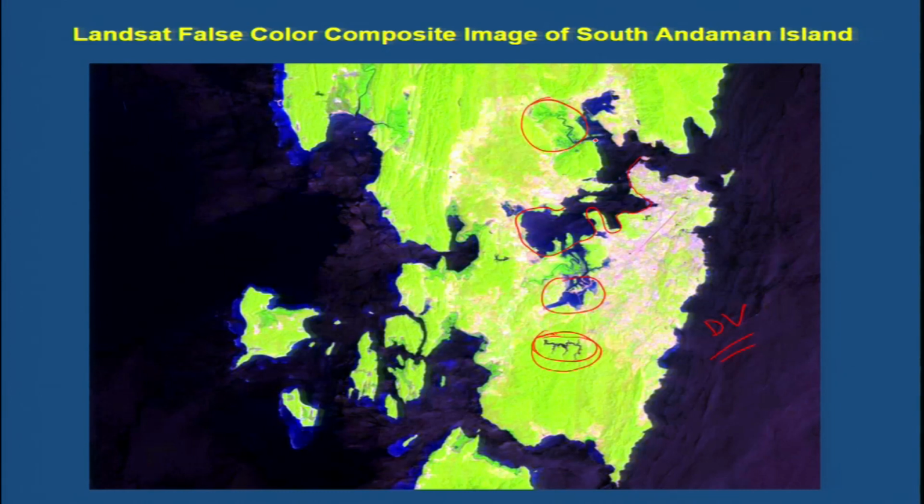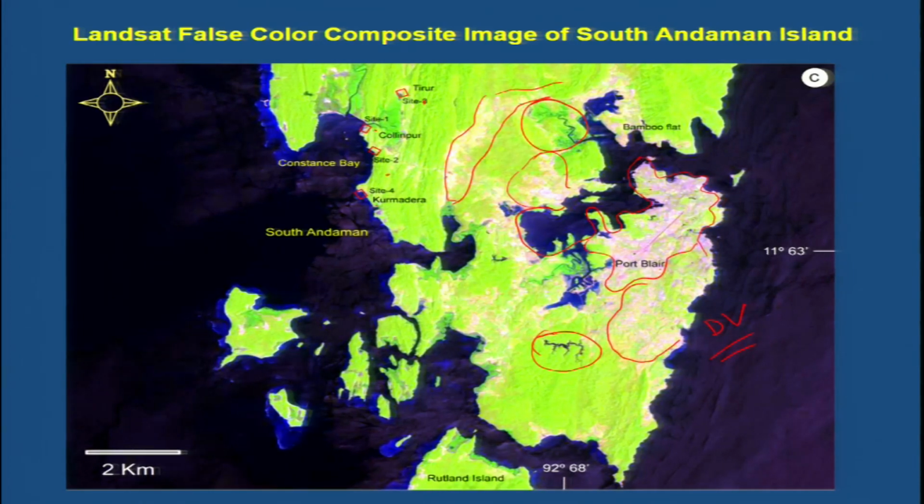There is a channel coming from here. So all these things combined we can map, mapping all types of features like the mainland. Okay, these are the settlements. These pinkish regions are showing the settlements on this image. So we can demarcate all these very easily. So preparing such a map is called categorizing geomorphic landforms or a land use map. So we can prepare a land use map and a geomorphic map with the help of this image.